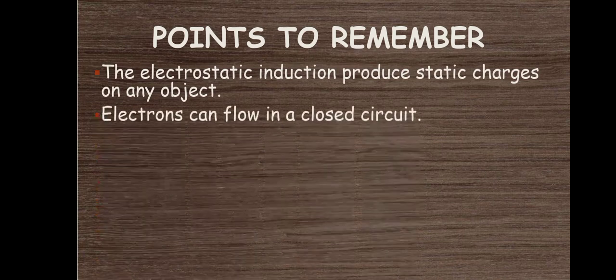Electrons can flow in a closed circuit. First thing is that among two types of charges, positive and negative, only negative charges can flow, that are actually electrons. And if there is a closed circuit, then electrons can flow throughout the circuit. Now you are going to start discussing the circuits, so you must know about these things also. I will introduce some simple circuits today to you so that you can easily understand them in the next chapters.